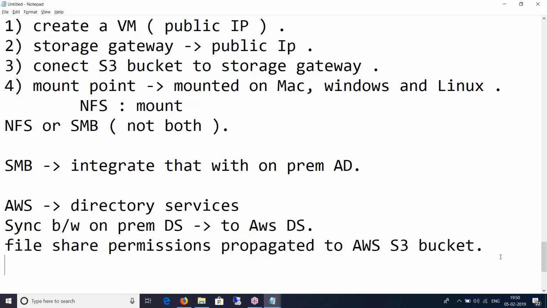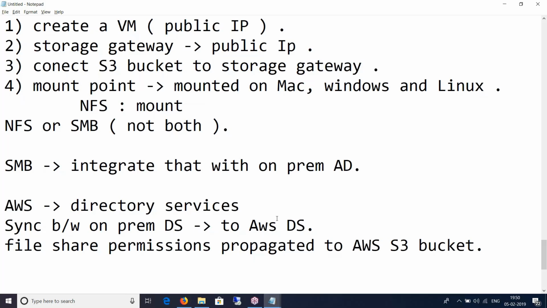Okay, and what about in the case of NFS? Yes, so NFS, as you know, is a Unix and Linux platform. It is supported in Windows as well, but not on all Windows platforms. Specifically, for home editions, it is not supported. So if you have the NFS client installed on Windows, yes, you will have those permissions propagated as well.